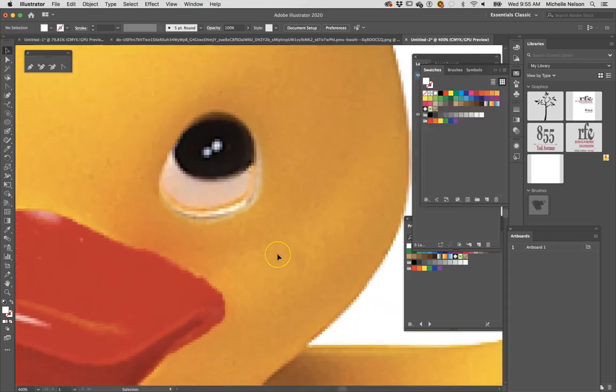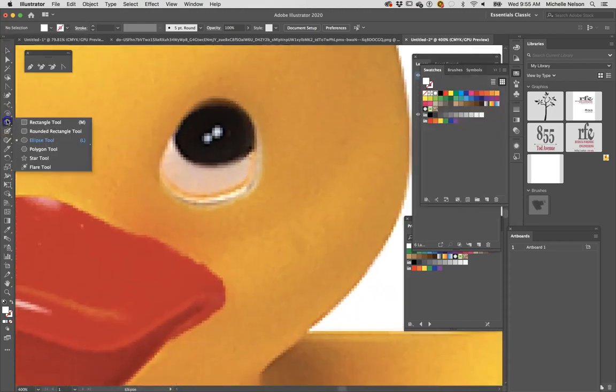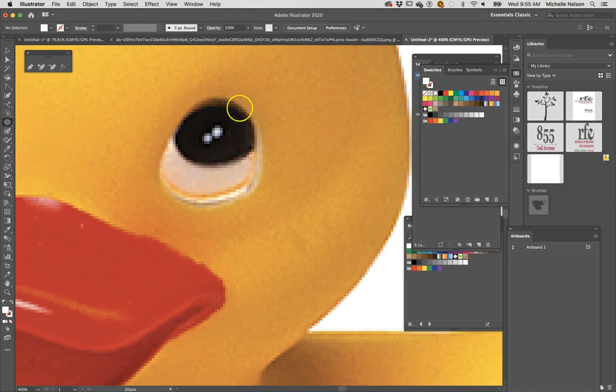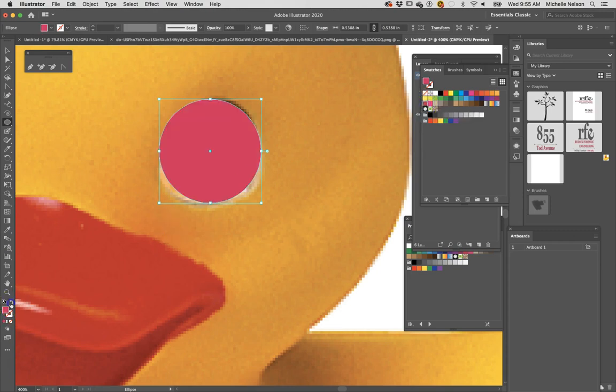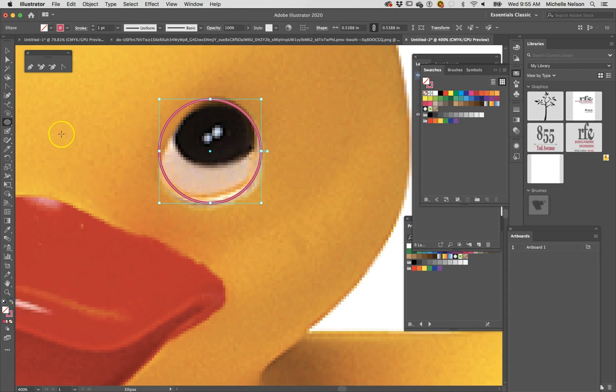So you can see that this does not look like an egg, but we're going to use the same ellipse tool. To do this, we're just going to pull what looks like the right size and stretch it a little bit so that it's the full size. And to draw this, I'm going to turn this to red and do an outline so I can see where his eye is. And one of the easy ways,